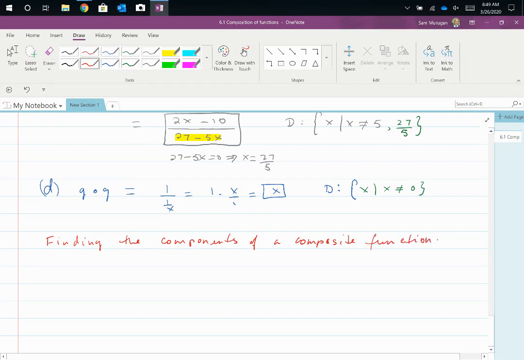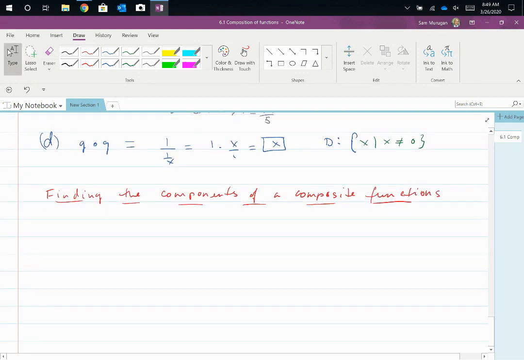That is, undoing the composite function to see what we have. Problems like this may be of the form, say, find functions f and g such that